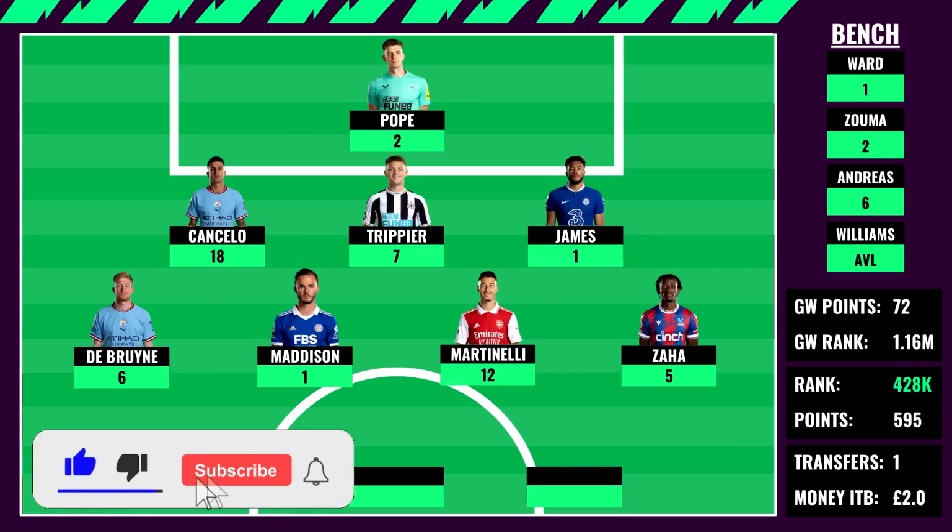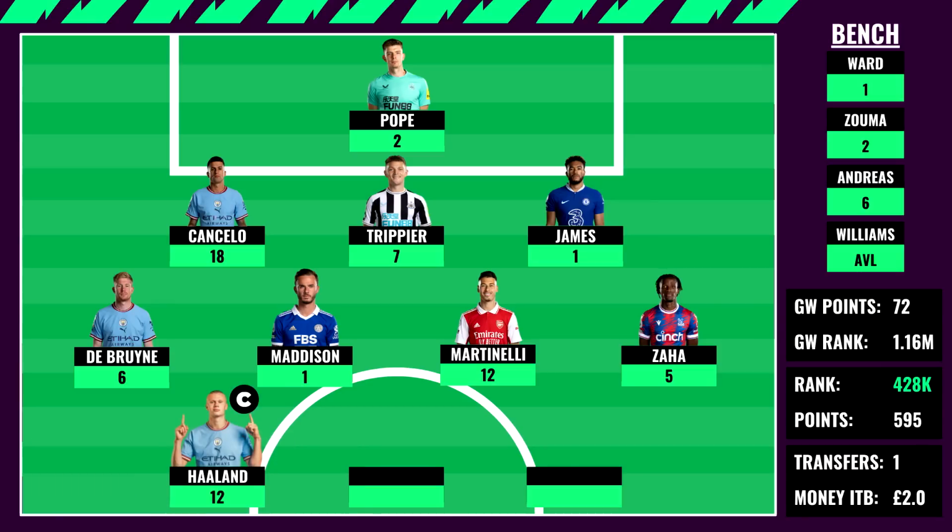Now the final department to go over is going to be our forwards, and we just start off with our captain Erling Haaland. Was always going to captain Haaland, had a massive kind of effective ownership, only 6 points doubled to 12, so not the massive score we expected, but still he's ticking along quite nicely. Now I guess the thing about Haaland is if you guys did go for an alternative, hopefully not Salah, maybe a De Bruyne, a Cancelo, that would have reaped the rewards,